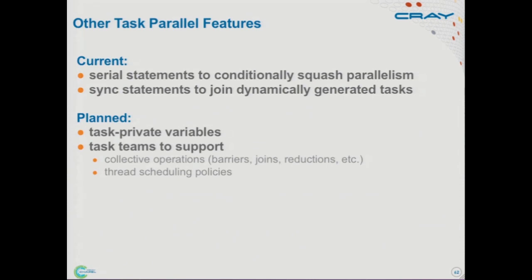Today, all tasks are, in the eyes of the runtime and the language, more or less equivalent and homogeneous. They're all in the same pool. But many algorithms may want to create blue tasks that have one policy or one kind of interaction, and red tasks that have some other policy or interaction. So one of the things we're looking at doing, and I think Kathy alluded to work like this in UPC as well, is to create a notion of a task team where you could say, OK, any tasks I create over here are going to be blue, and I can barrier between them or join them or do reductions across them or set a specific policy for them. And any other tasks are maybe red, and I can have different operations on them. So again, I think we were a little bit naive to believe that this homogeneous set of tasks was going to be sufficient.